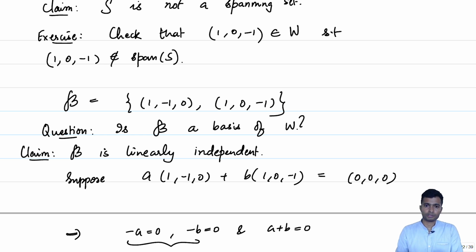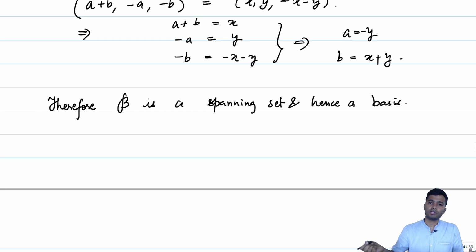If you notice carefully, there was nothing unique about the choices we made. Instead of 1, minus 1, 0, we could have started off with 2, minus 2, 0 or 2, 3, minus 5, something like that, and done the same procedure, and maybe we would have ended up with a basis. So, this tells us that a basis need not be unique at all, and the algorithm also need not give you the same basis. There could be many bases. Plural of basis is bases, B-A-S-E-S. You could end up with many bases through this algorithm.